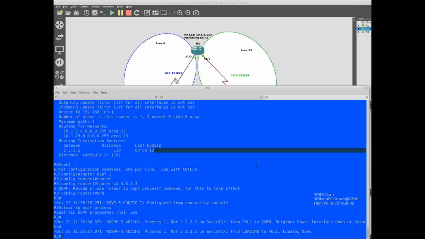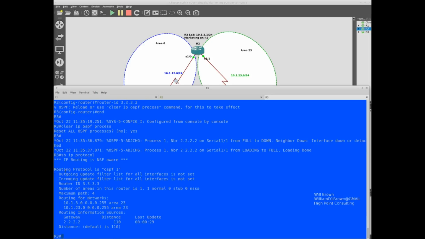So now if I say show IP protocol, we see that the router ID is indeed 3.3.3.3, which is the value I wanted it to have.